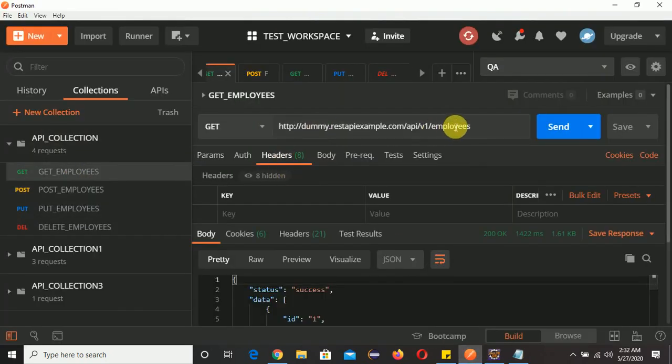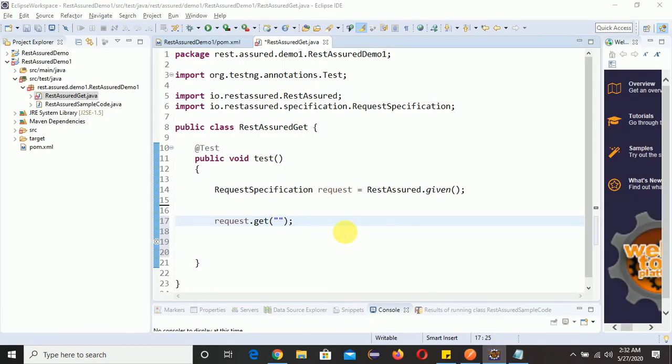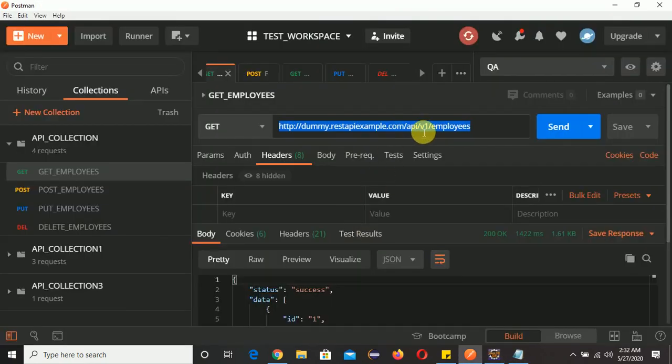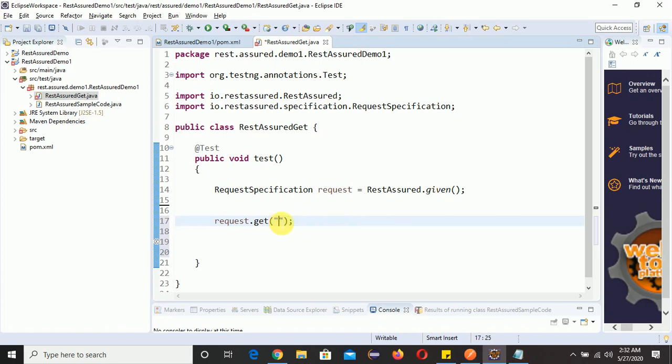This is our get request. We will copy this URL. This I have done through Postman, and the same thing we are going to do in Rest Assured. So Control C, Control V.